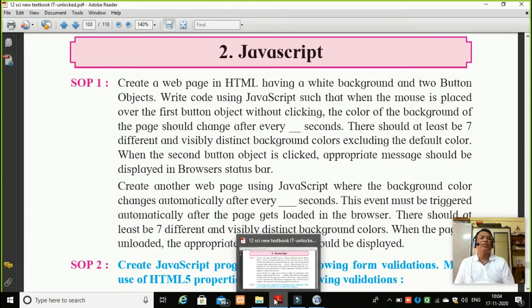There should be at least 7 different, visible, distinct background colors, excluding the default color. Means when I place the mouse over the button, one by one, the background color of the page should change and it should show me 7 distinct colors.